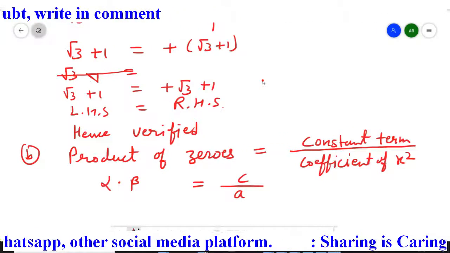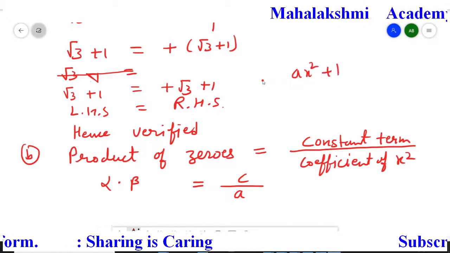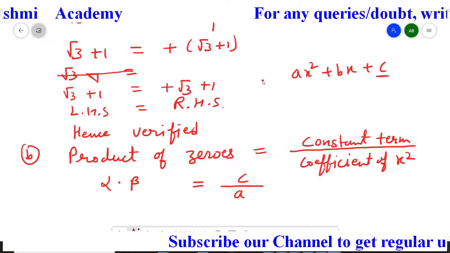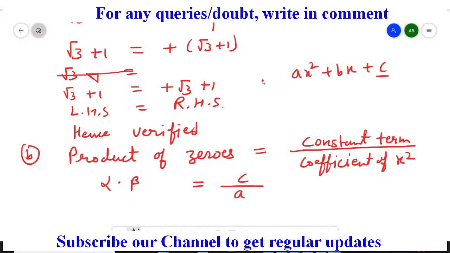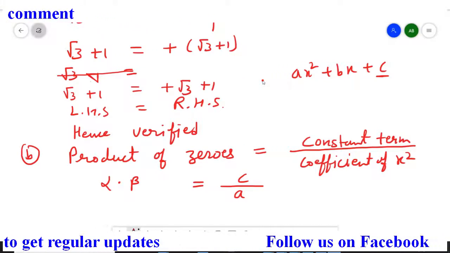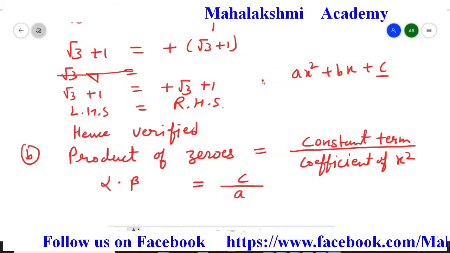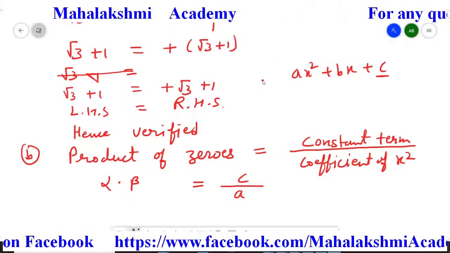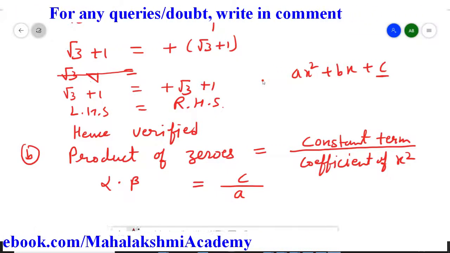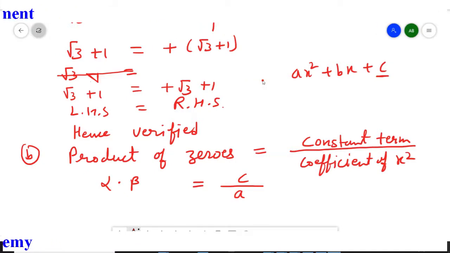Now from where I am writing, because students, the standard form of quadratic equation is ax square plus bx plus c. So here c is named as the constant term. Why? Because it doesn't have x, so it's a constant, and coefficient of x square. So what is the coefficient of x square here? A. So from this standard form of quadratic polynomial, we are replacing constant term and coefficient of x square. Now whatever the values we calculated earlier, those values we are going to shift here.